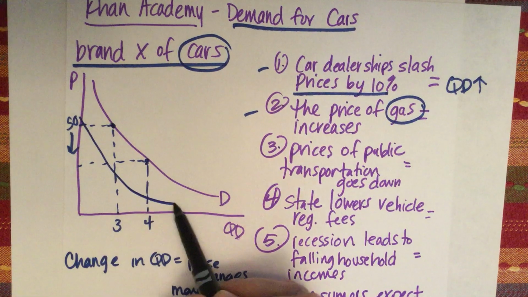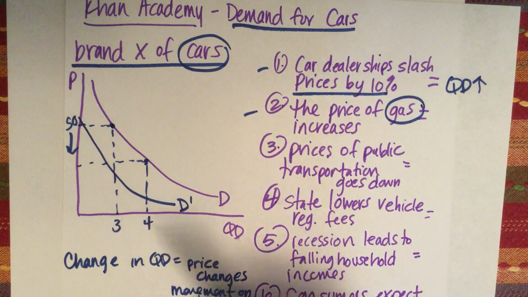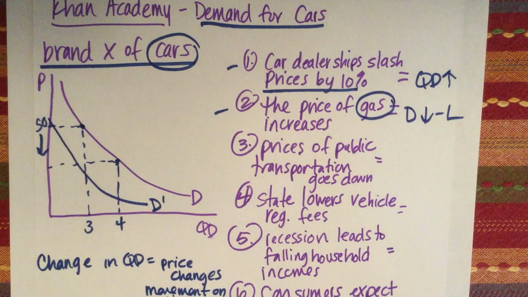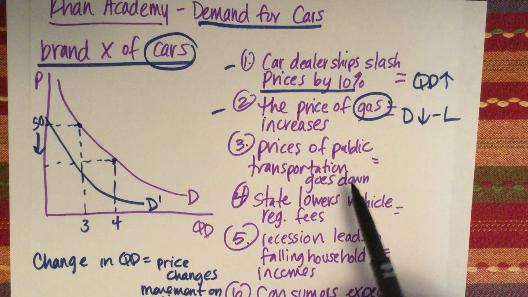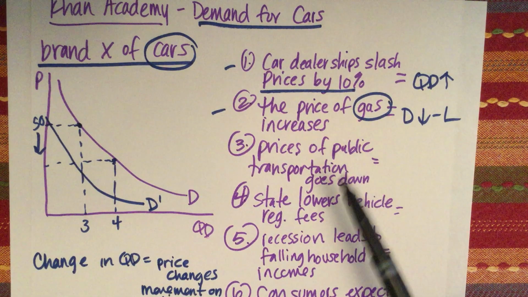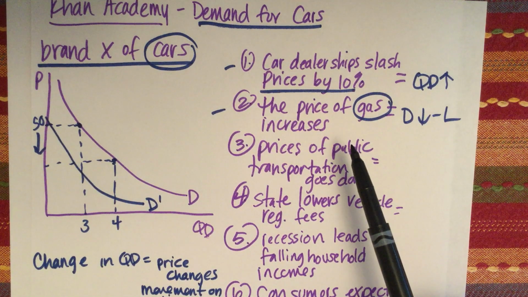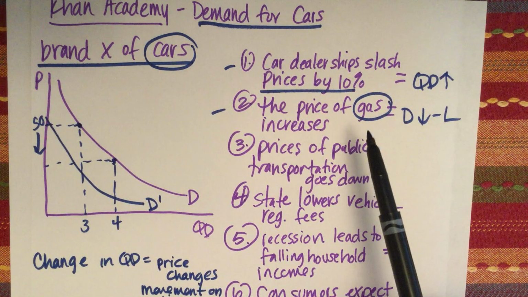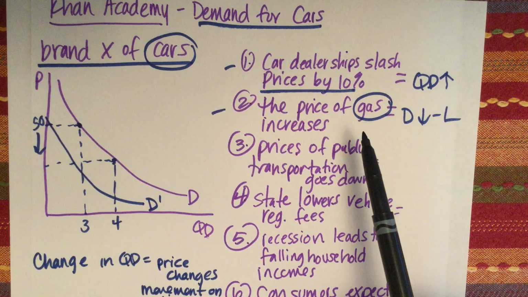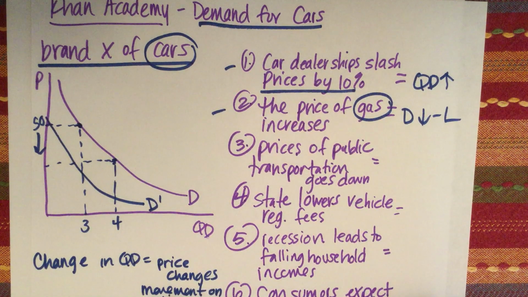So the demand for cars is going to shift to the left. So this is going to cause demand to go down and shift to the left. Sorry, right here. And again, this could be because gas and cars are complementary goods. If the price of gas goes up, well, I'm not going to buy as much gas, so I'm not going to need to buy a car. But the more relevant connection is that the price of gas affects your income, and the less disposable income, the less likely you're going to go out and buy a car.